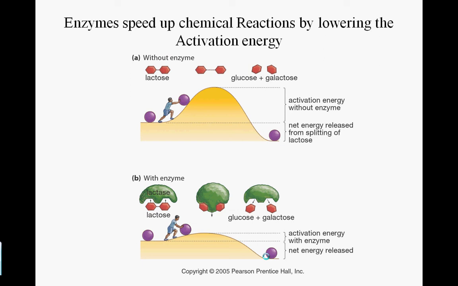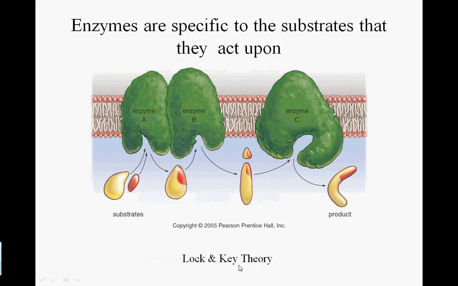And activation energy is quite simple. It's pretty much explained by its name. It works by lowering the amount of energy required to start a reaction. These figures right here demonstrate the way an enzyme works very well. This is without an enzyme: you see that hill that the guy has to push the purple ball up. How an enzyme works is it basically lowers that hill, or lowers the amount of activation energy required to start the reaction, so it is easier to perform, and it goes by faster. So that is how enzymes work.